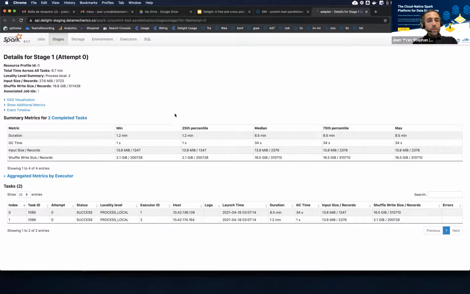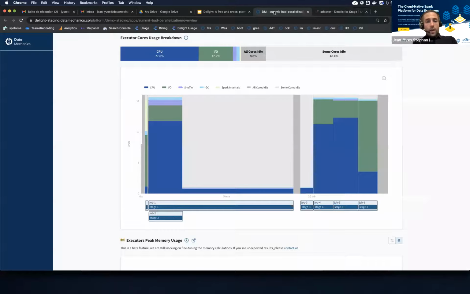What this means is that for this stage that took 9 minutes to run, we had only 2 tasks, even though the cluster had about 16 CPU cores provisioned. So for these 8 minutes, we will be using maybe 2 cores out of 16. That is why we had a big